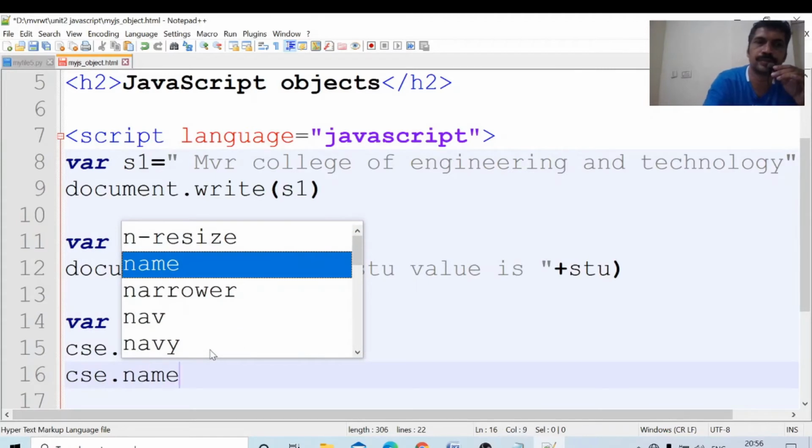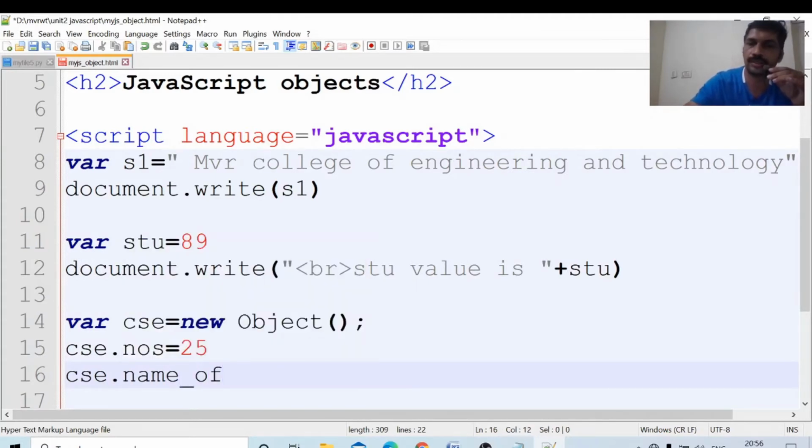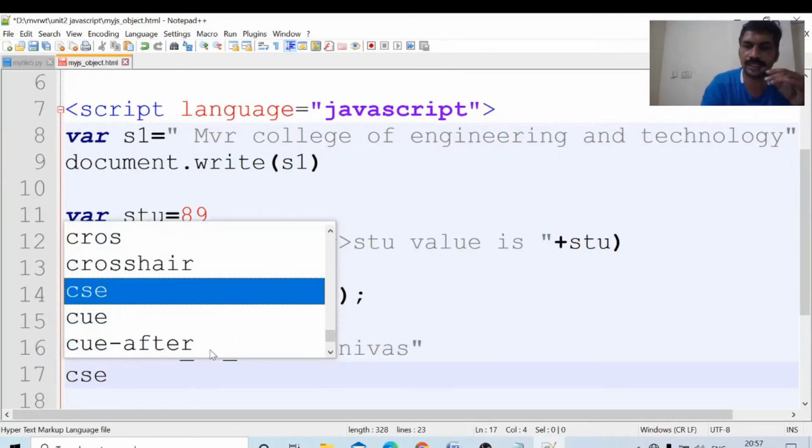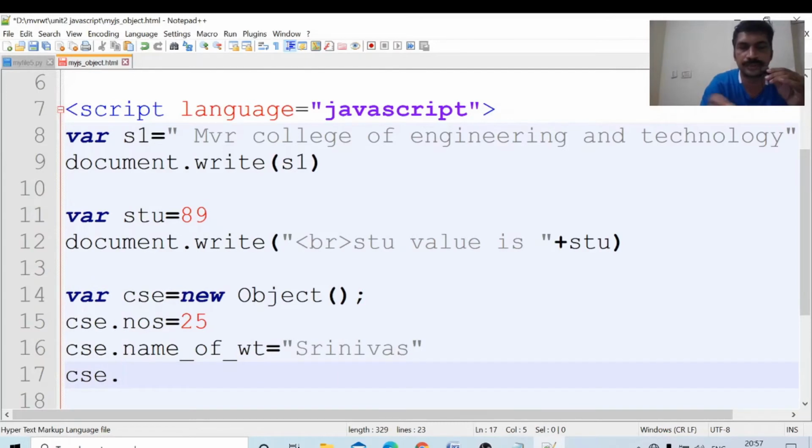Okay, NOS equal to 25. I will write another property, CSC.name of WT. Who is the faculty handling the web technology subject? Myself, Srinivas. And CSC dot